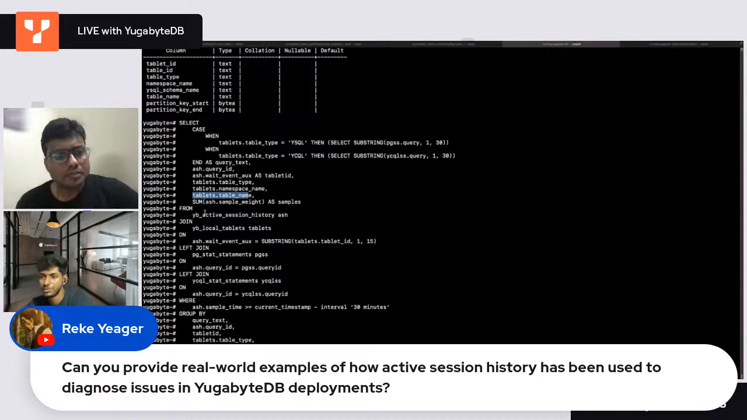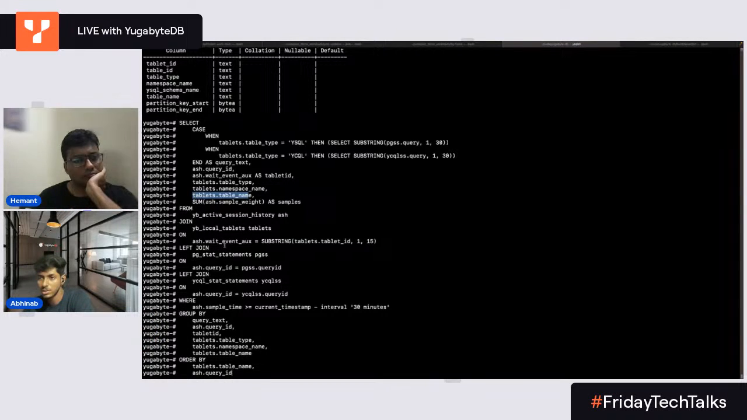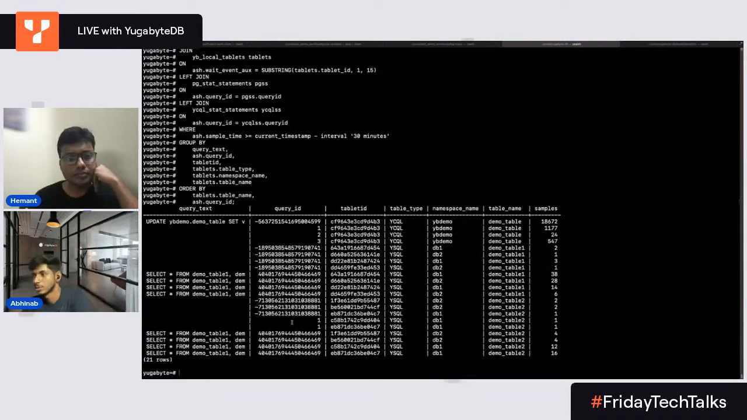And I have three joins here. The first join is with yb_local_tablets on the wait event aux. Then I have another join with pg_stat_statements on the query ID, and another join with ycql_stat_statements on the query ID, and another filter to show the data only for the last 30 minutes. Right, so